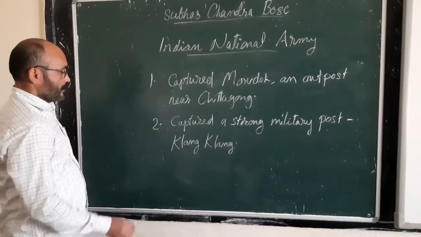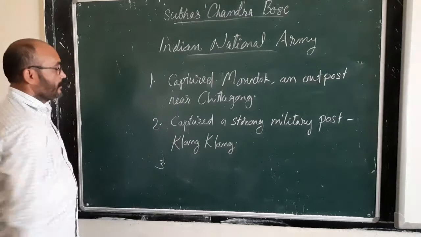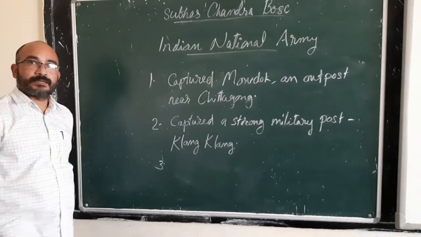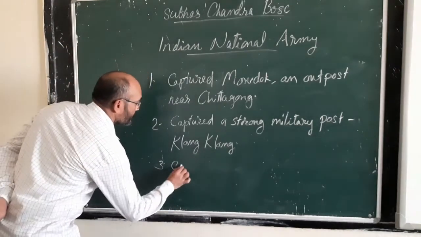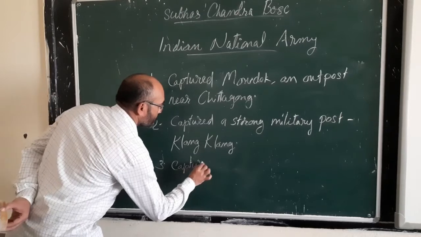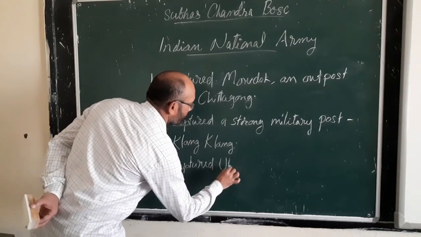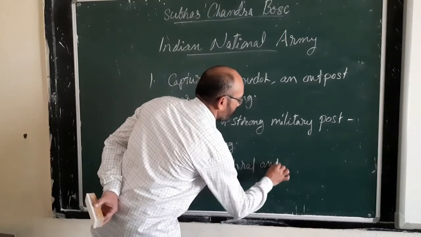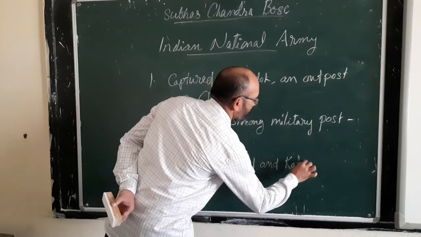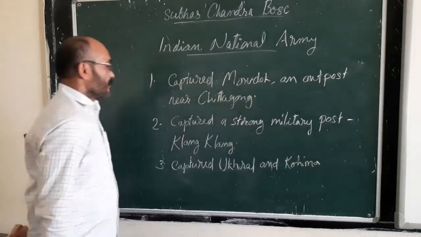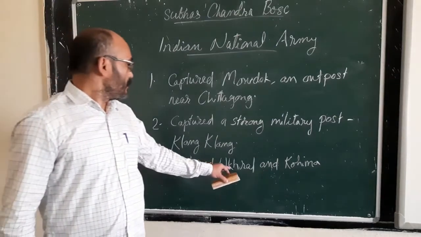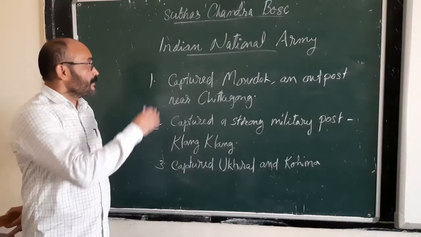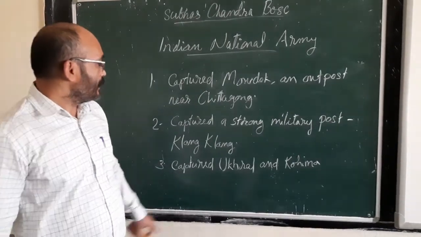And third one, it captured Pokhran and Kohima in the Assam Hills. Captured Pokhran and Kohima in the Assam Hills. After capturing these territories, the Indian National Army